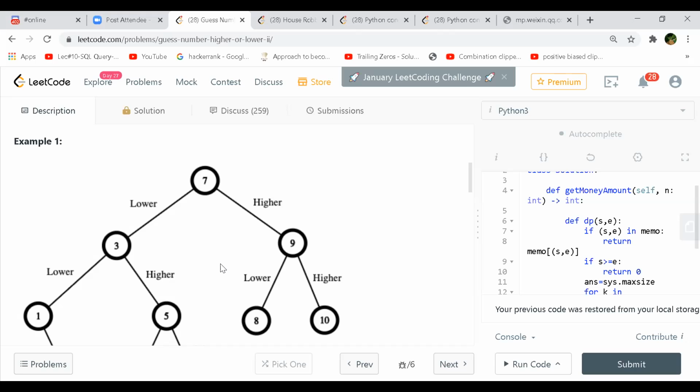Higher or lower, or if it is equal, then we are good. So if it is lower, then we are still fine if we are on 5. But if we say it is higher, then you will have to count this 5 value and then move ahead, right? Because that is a penalty we are paying now because we have chosen a wrong number.